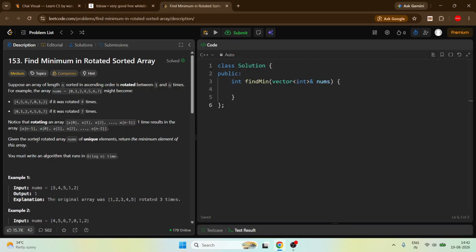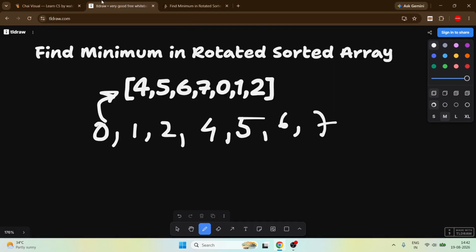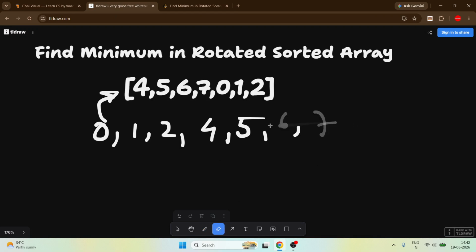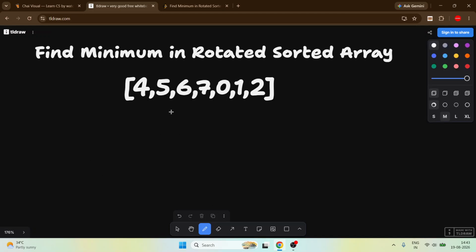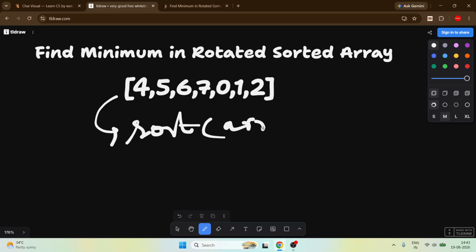Now, given the sorted array nums of unique elements, return the minimum element in this array. Okay, so how could we find the minimum element? If we sort this array again, using the sort function, suppose ARR is our array, and at the end we return the array at the 0th index.